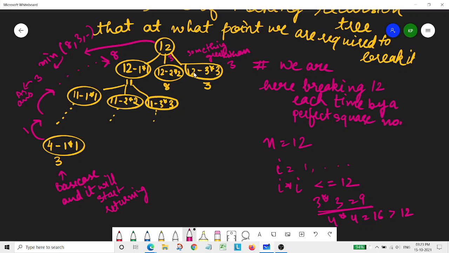That's why we have 3 options: we start with 12 minus 1 into 1, which gives us 11. Then we have further options, 11 minus 2 into 2 and 11 minus 3 into 3. Again we stop at 3 because after that it would be greater than 11. And like this, we move ahead. In 12 also we have 12 minus 2 into 2 and 12 minus 3 into 3, and we got 8. We will make the whole recursion tree like this, but I'm telling about just the second level here, and the second level is also not complete yet.